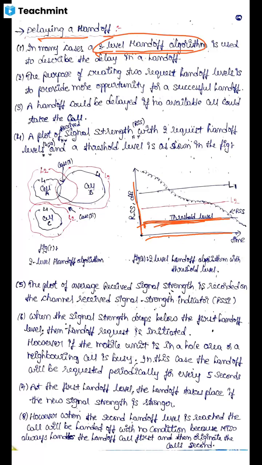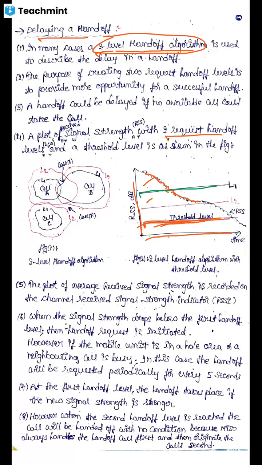Two-level handoff algorithm means we are taking two levels, L1 and L2. From the graph we can see the RSS, the received signal strength, with two request handoff levels, L1 and L2, and a threshold level. This is the signal strength path loss slope. Now we can understand that when the signal strength drops below the first handoff level,